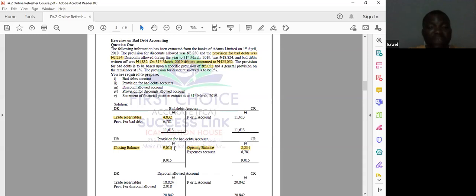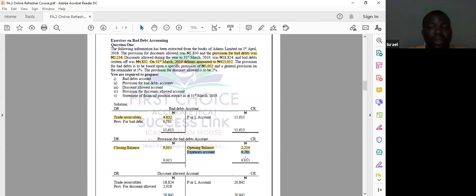Now that we have this, the next thing for us to look at: the closing balance is 9,015, while the opening balance is 2,234. It means that our provision for bad debt has increased over the year, and that increase is an expense. Then we have the difference. The difference there is 9,015 minus 2,234, and that will give us